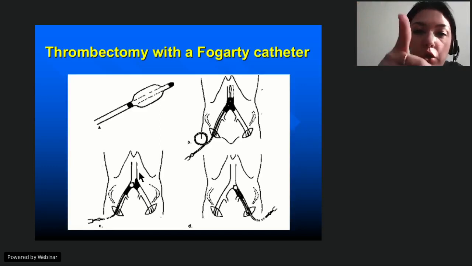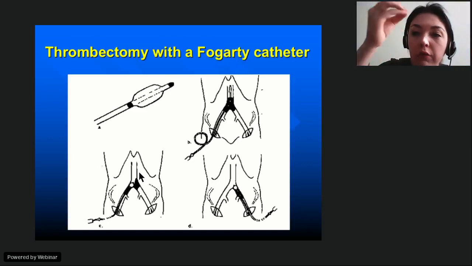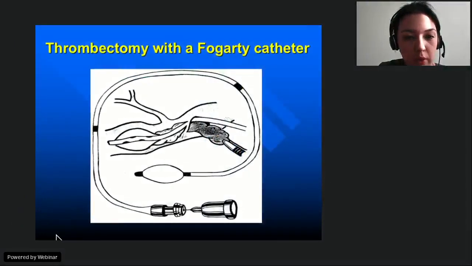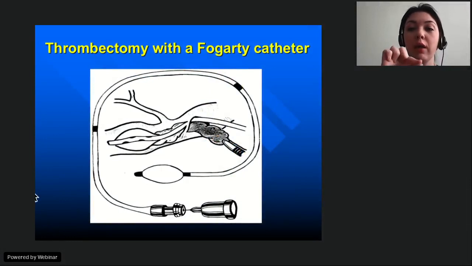And so we reach the end, and then we inflate this Fogarty catheter, and we pull it back, and the clot is going with us, with this Fogarty catheter. Yes, very simple and very atraumatic. So certainly it's much less traumatic than if we would enter